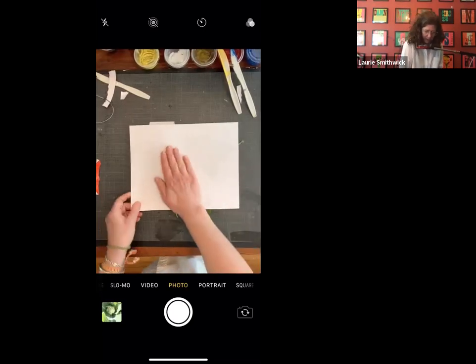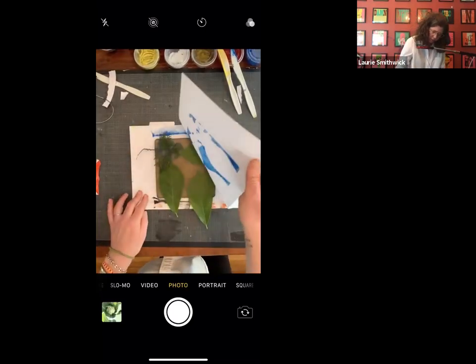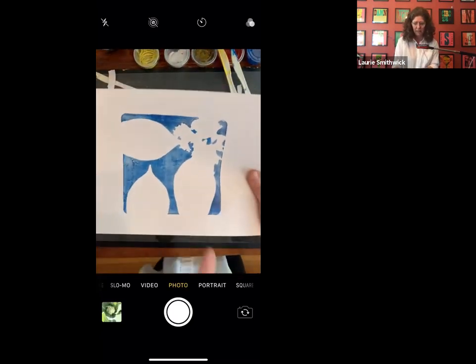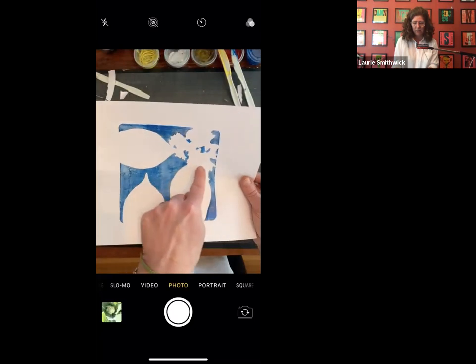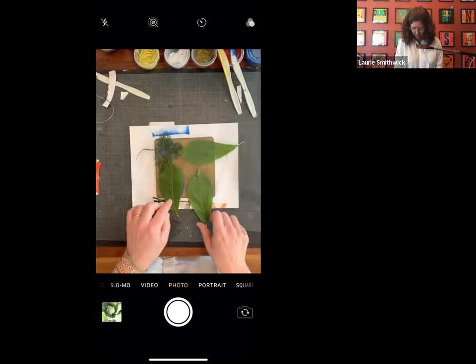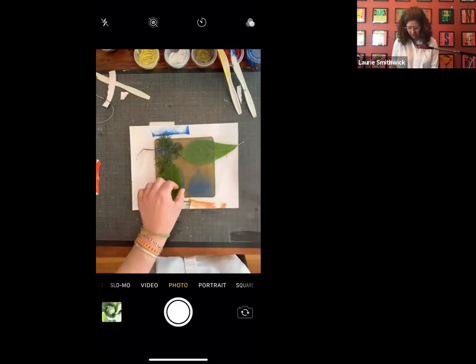Whenever you're ready, after you've massaged well, you're going to pull your print, and there's my first print, okay? So you've got leaf, leaf, leaf, and you've got the outlined silhouette of the cypress. So you're gonna set that aside, and then you're gonna pull off your leaves,